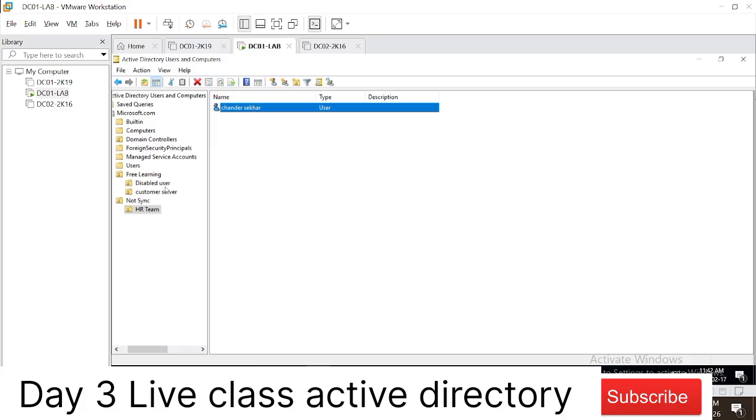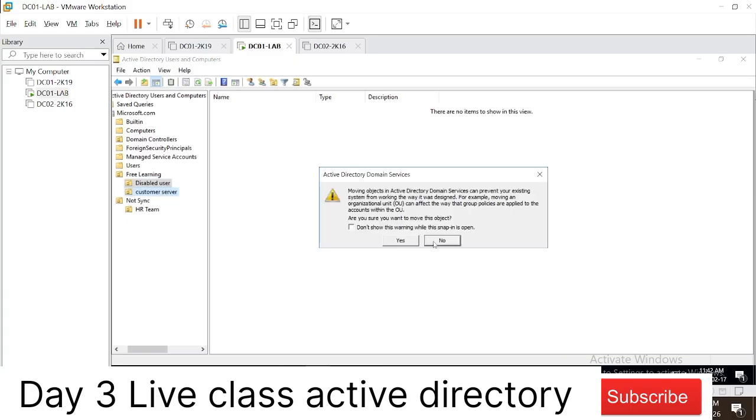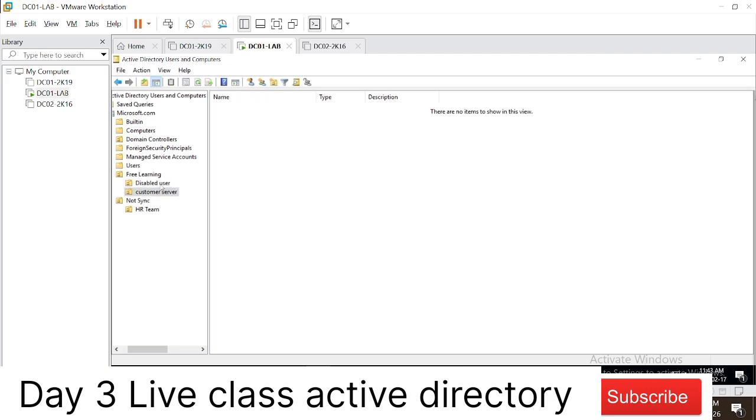For a distribution group, anybody can send an email, right? Whoever has that distribution group email address. But for a mail enabled security group, only a member of that group can send an email.